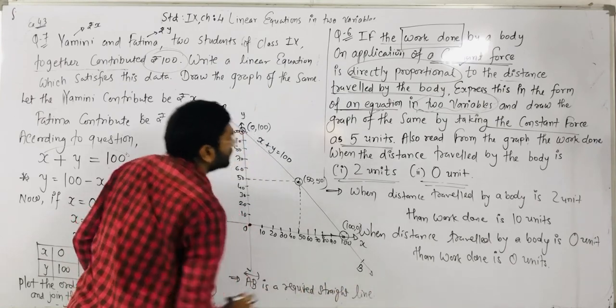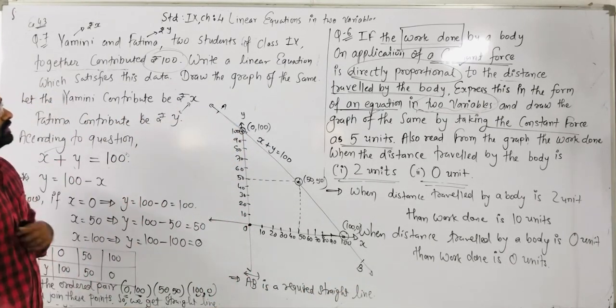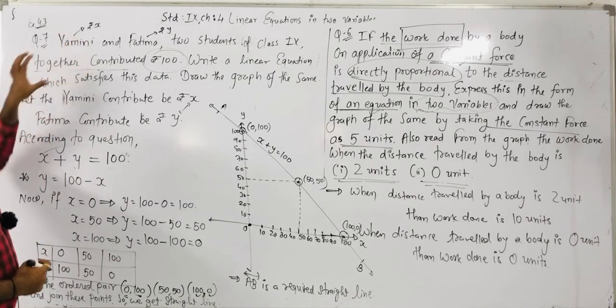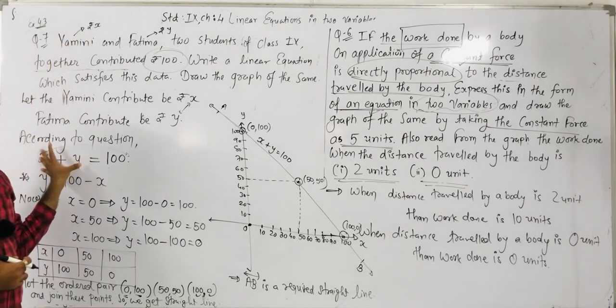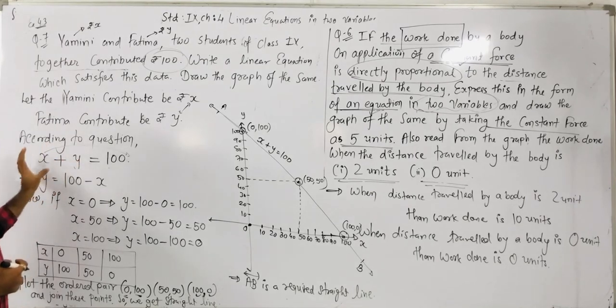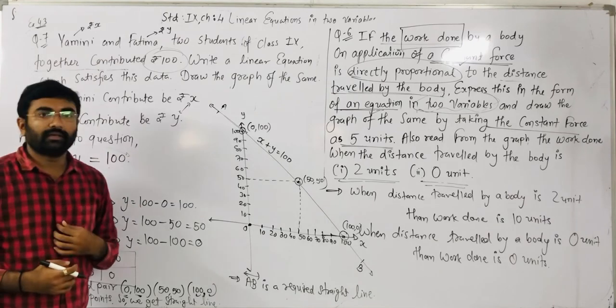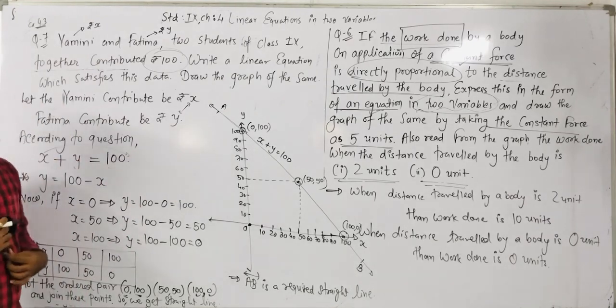Okay. So that way you have to plot the graph of the given questions. From the given questions you have to first make equations in 2 variables. Then, that thing you already learned in our previous period. That way you have to plot the graph. Okay. Remaining questions for that we